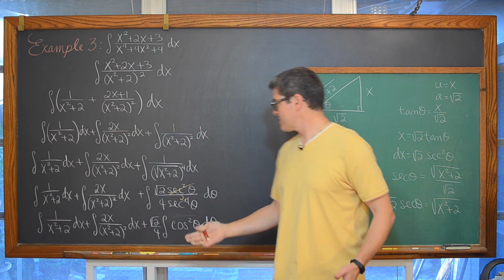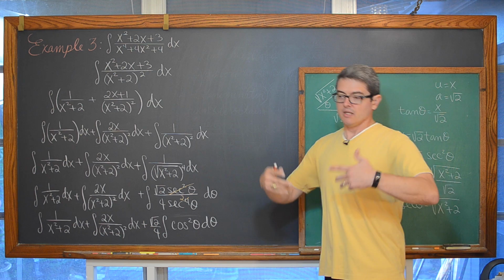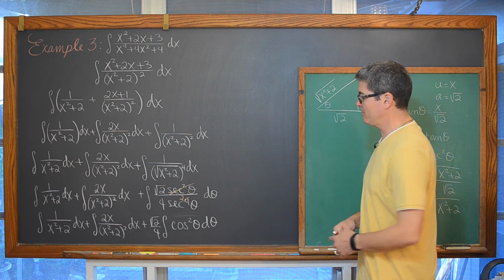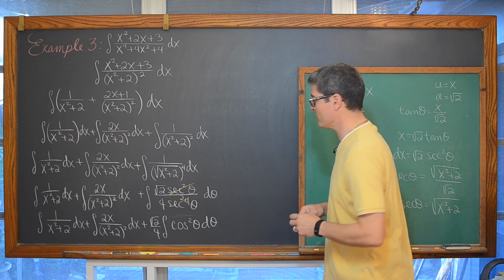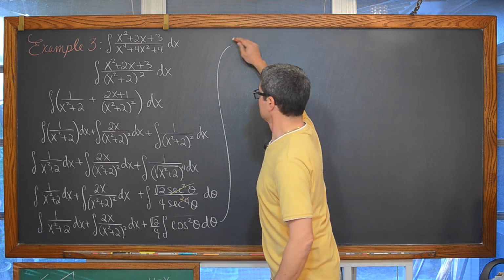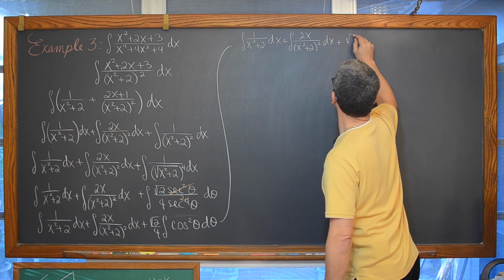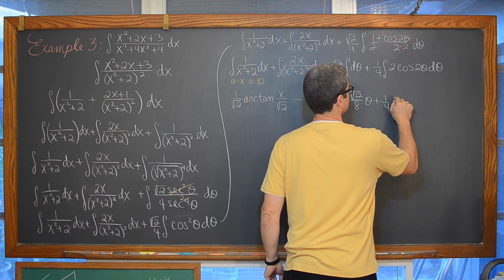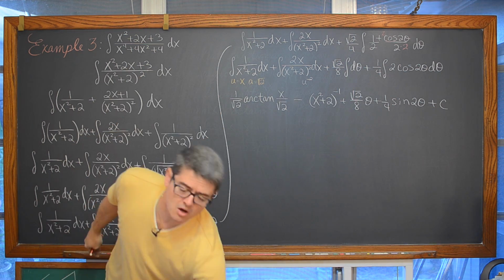Now, this looks like a pretty easy integral, except inside my power of 2 I have a cosine. If I let u be cosine, there's no du, so we're going to use a power reducing formula to expand that: cosine squared of theta is 1 plus cosine of 2 theta over 2. And the integral of cosine is sine, because the derivative of sine is cosine. And now that I've finished all this integration, don't forget about your constant of integration.